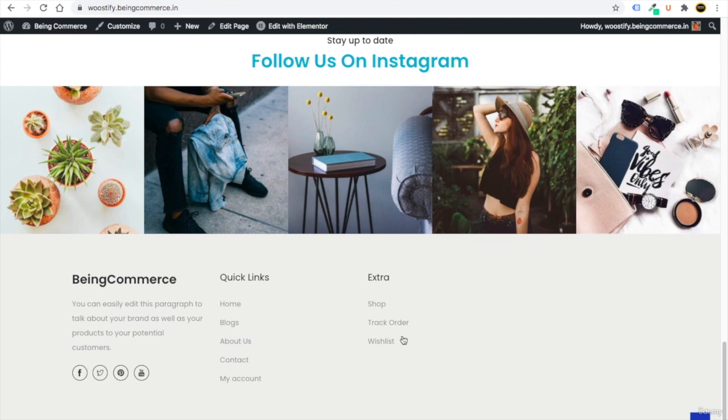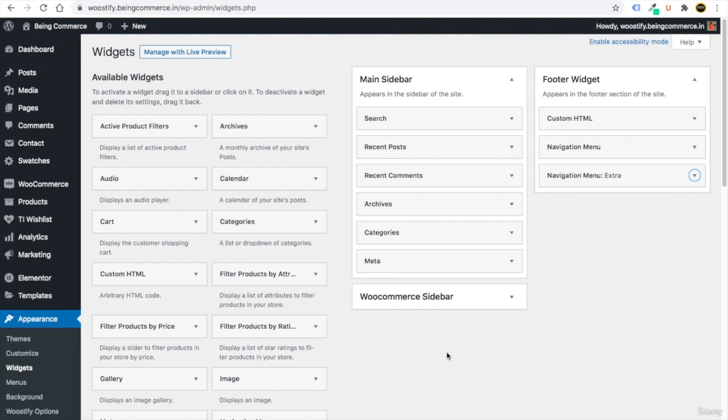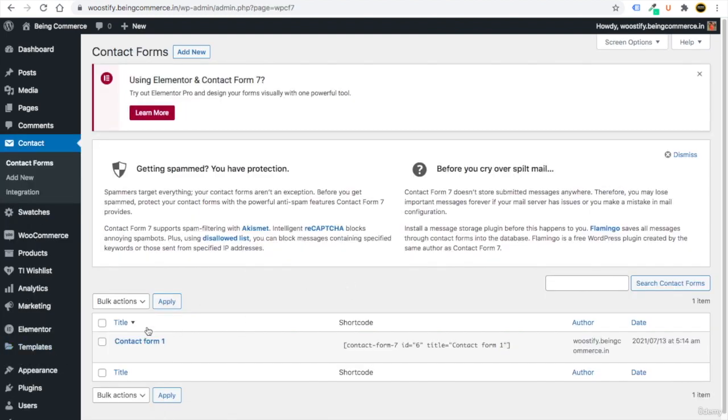So you have created 3 footers. We can add one more. Again, just go to your WordPress website. So we have to add one more. So how you can do that? Just first of all go to contact. Click on contact forms. Now we can add one newsletter form in our website. So people can subscribe to you. So when they subscribe, you will get their email address and you can send various offers to your potential customers.